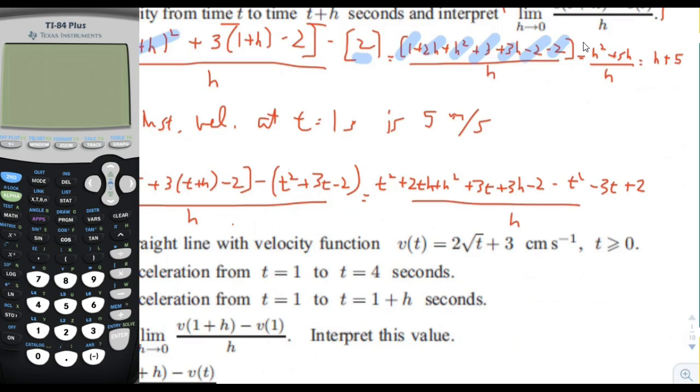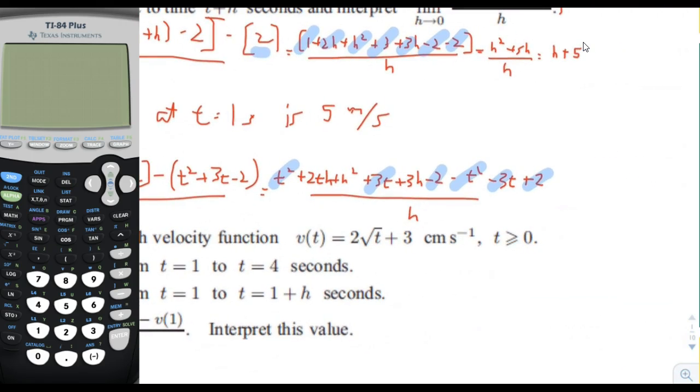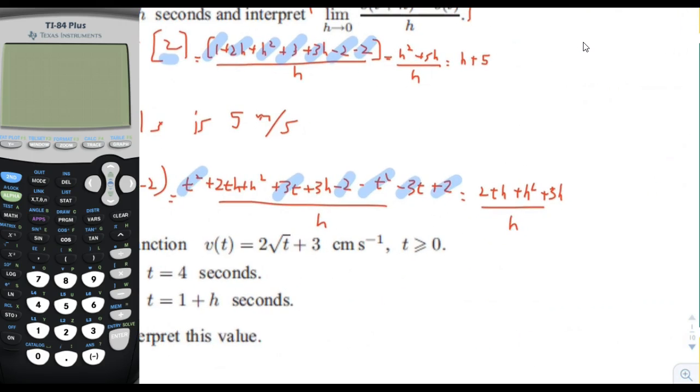Now let's start canceling some things out. So the t squareds cancel out, the 3t's cancel out, and the 2's cancel out. So what are we left with? We're left with 2th plus h squared plus 3h divided by h. And so now the h cancels out with some of these h's, and we're left with 2t plus h plus